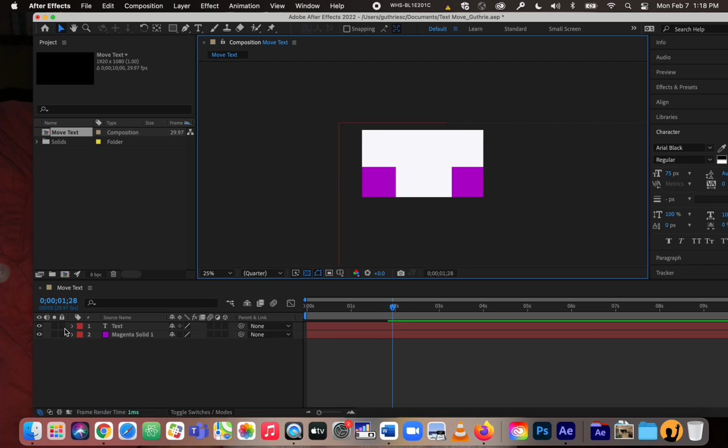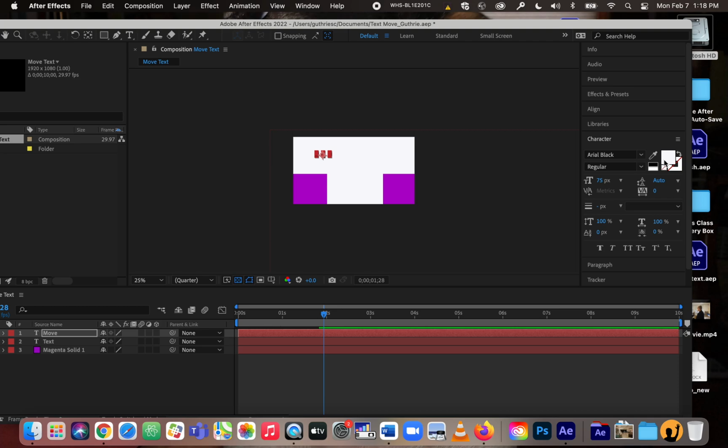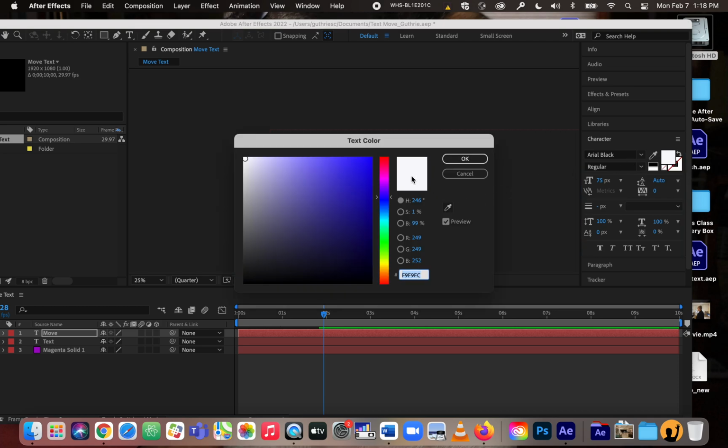I can also lock the text layer. So now I'm going to click it, and I'm going to say text move, and it's in white, so you can't see it. So hang tight here. There it is right there. I'm going to make it